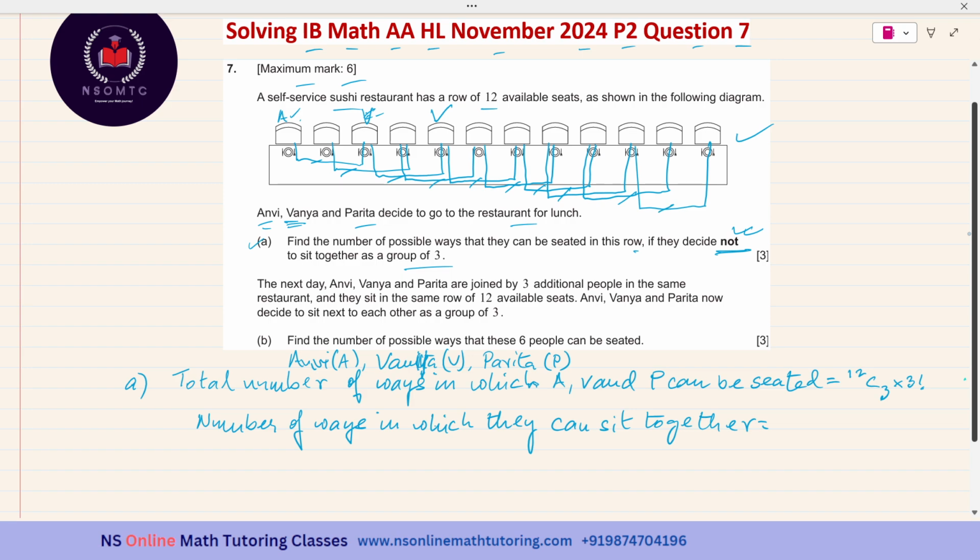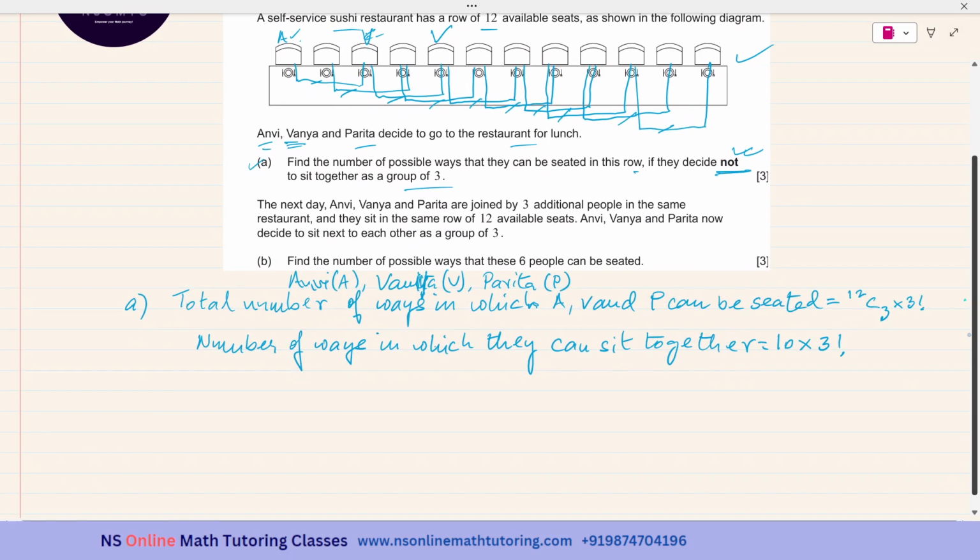Okay? So they can be selecting any of these 10 options, 3 consecutive seats. There are 10 options. So any of the 10 possibilities can be chosen. And after they have selected the 3 consecutive seats, they can be arranged in 3 factorial ways. Okay? So now, therefore, the number of possible